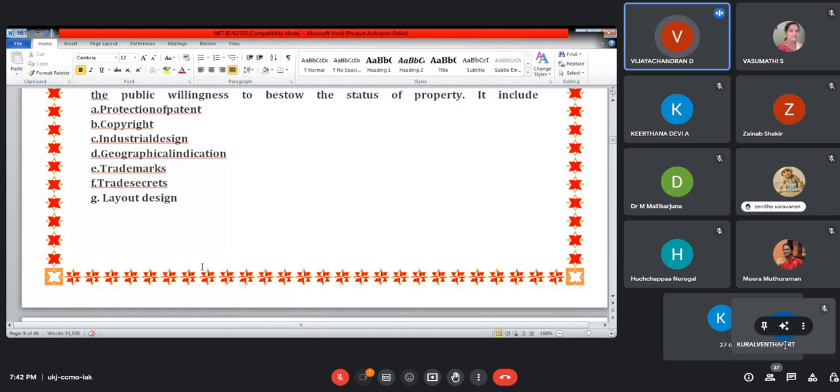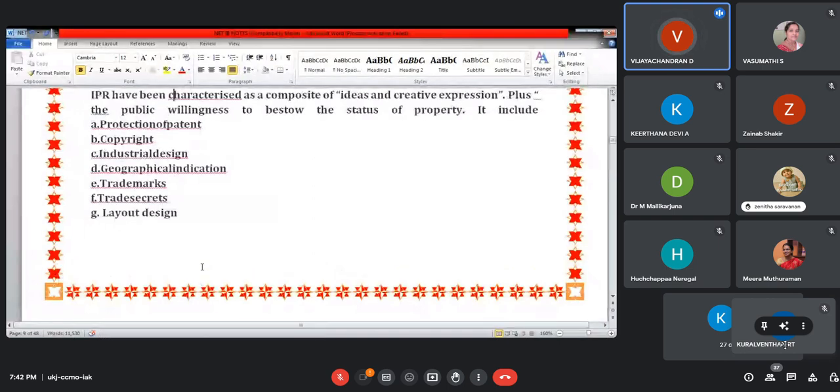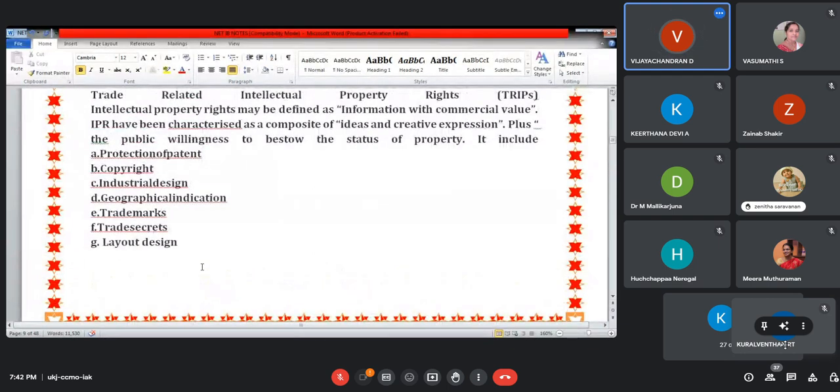Trademarks, as you know, are symbols, the symbol you are using. Trade secrets are unique; you have secrets. And layout design. All of these come under TRIPS, trade related intellectual property rights. All these organizations come under the purview of